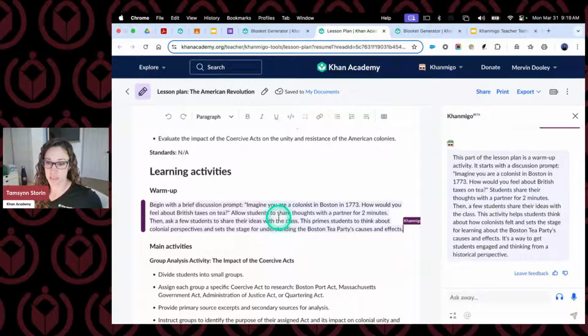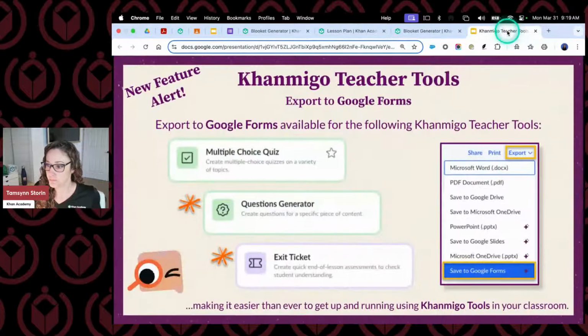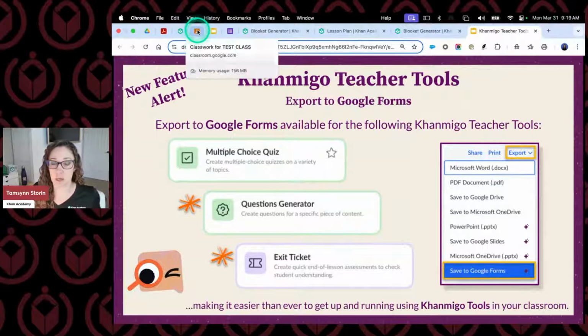It just doesn't have the drop down, but that is on the list that we've given to the team to know that they could have an update. So it's a little bit more tailored to our younger students. All right. The next thing I do want to point out when it comes to exporting to Google Forms,